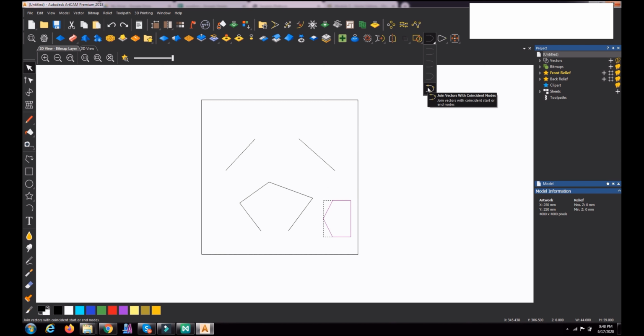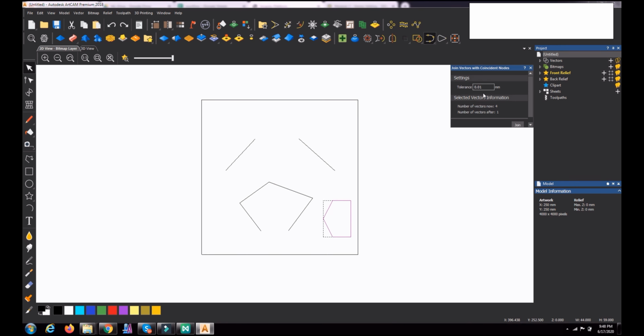The endpoints are coincident. If the tolerance, that is the gap between the two nodes, is less than 0.01, it will get joined. Or if you want to increase the tolerance, a gap between the two nodes of less than 0.1 will also get selected. Now you can see there are four vectors.